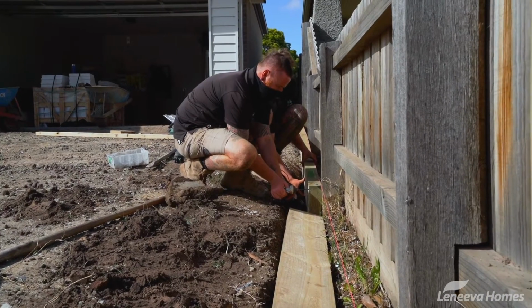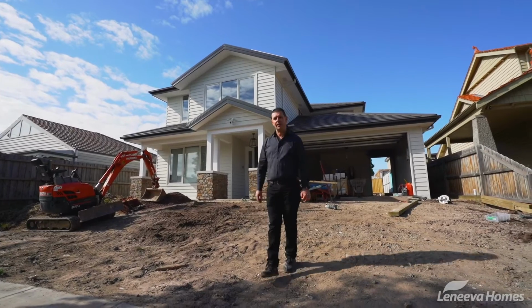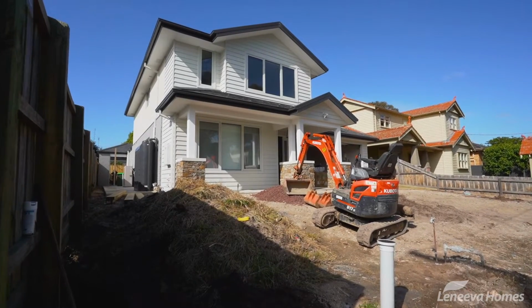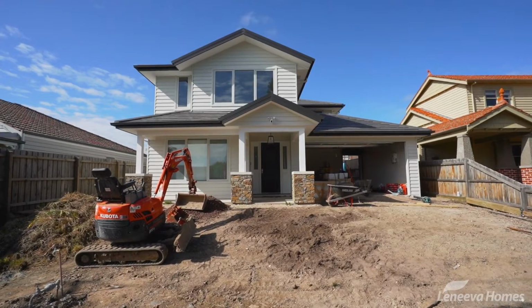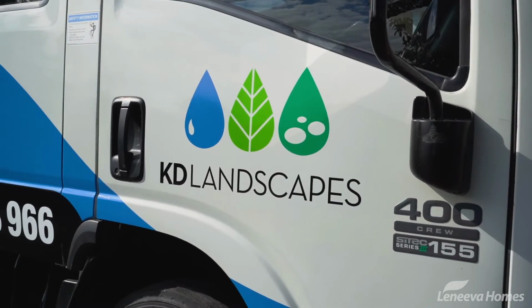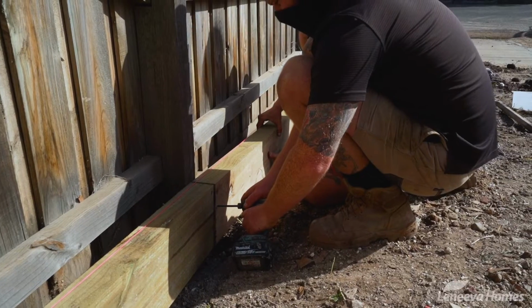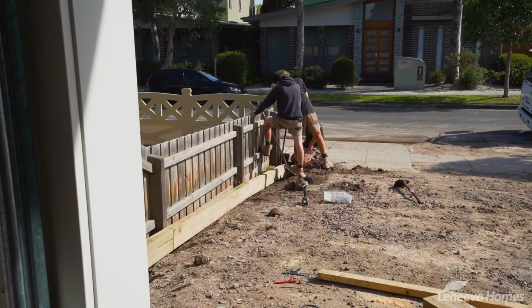We're here in Murrumbeena, outside this magnificent home that we finished about a week and a half ago. As you can see, it's a Hampton style home in our signature look. We've now handed the project over to our great friends at KD Landscape. They're 3 days into their works and they're doing all their site prep today and getting ready for an underpave